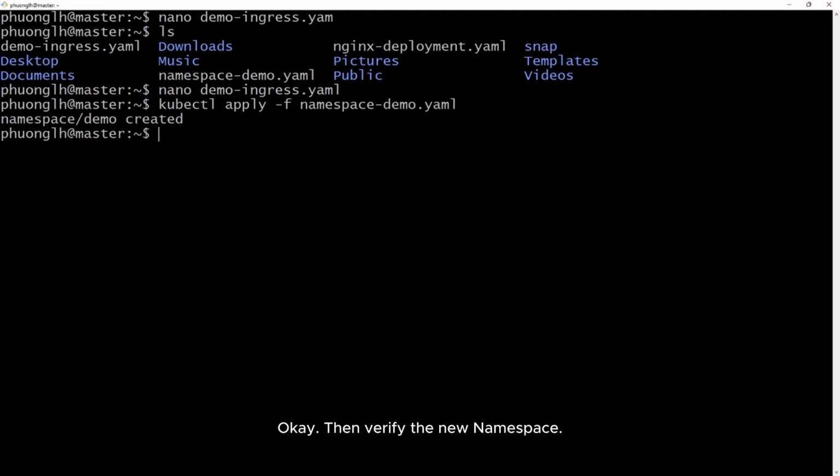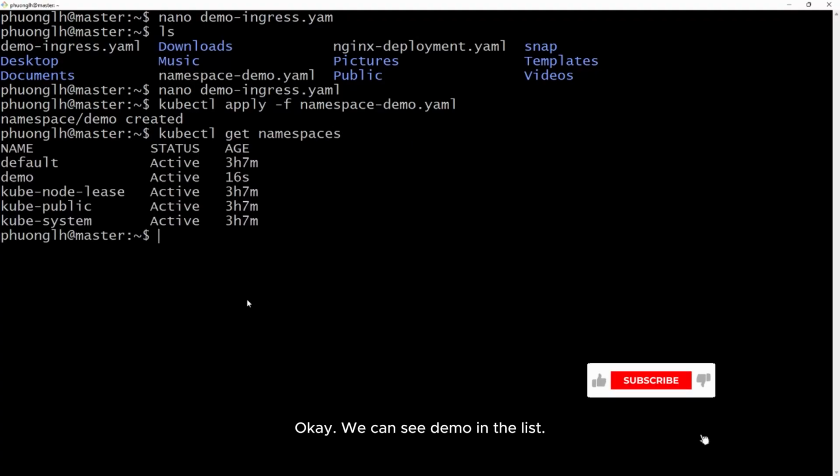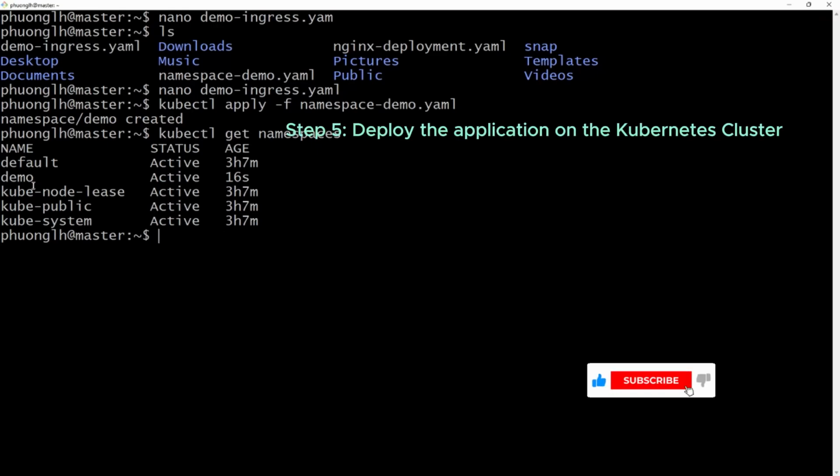Okay, then verify the new namespace. Okay, we can see demo is listed.